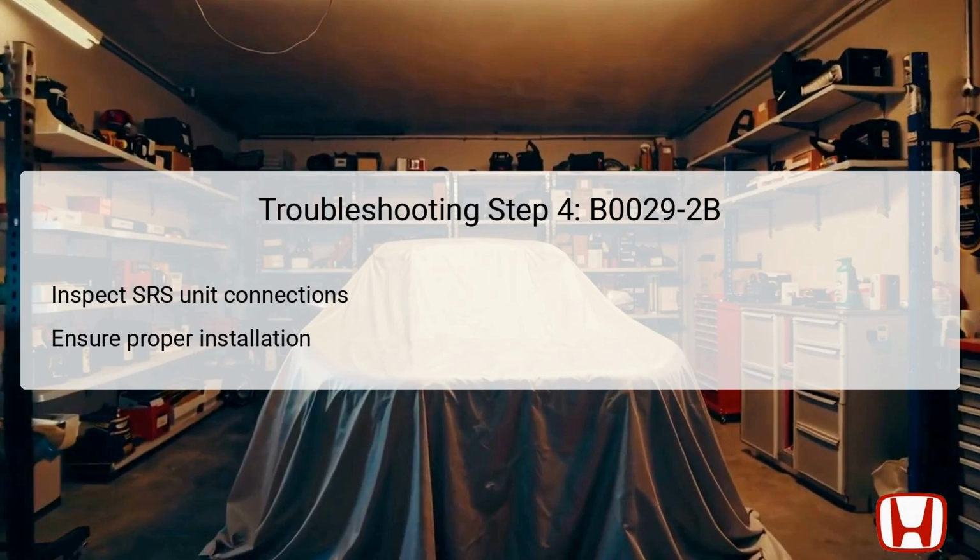Since the SRS unit plays a crucial role in monitoring the airbag system's functions, even minor connection issues can lead to significant malfunctions. Check for any corrosion, loose connectors, or burnt pins that may affect voltage transmission. All installations should comply with factory specifications. Incorrect installation could trigger DTC B0029-2B. This detailed inspection step helps isolate the root cause of errors in the vehicle's airbag deployment system, reducing the